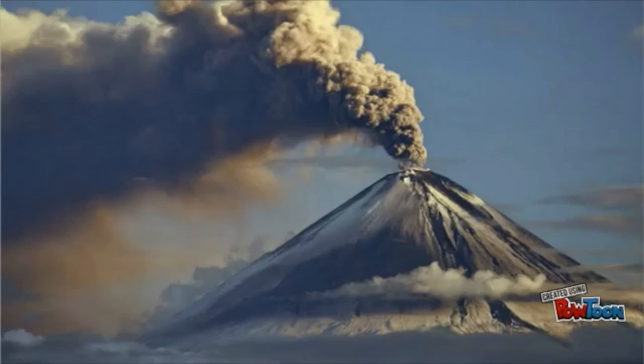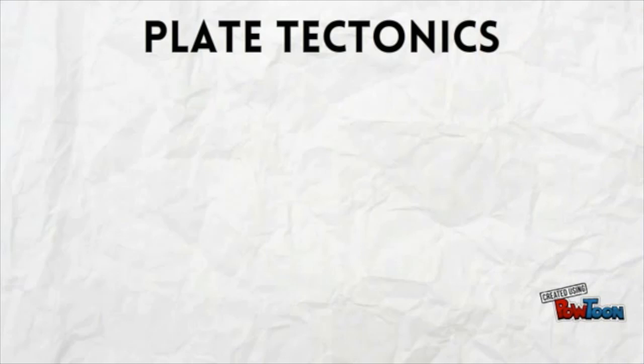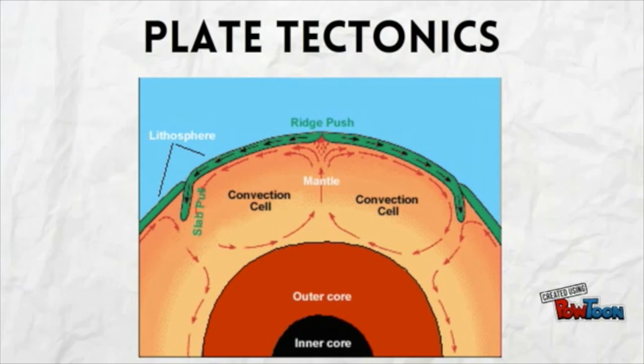Well, volcanoes originate from something called plate tectonics. Plate tectonics refers to the movement of the Earth's crust, causing the continents to move. Plates at our planet's surface move because of the heat in the Earth's core that causes molten rock in the mantle layer to move. It moves in a pattern called a convection cell that forms when warm material rises, cools,